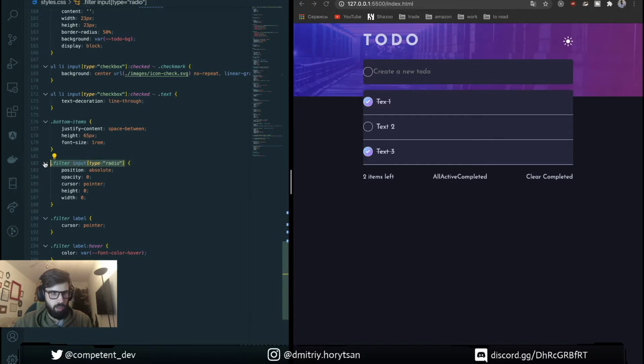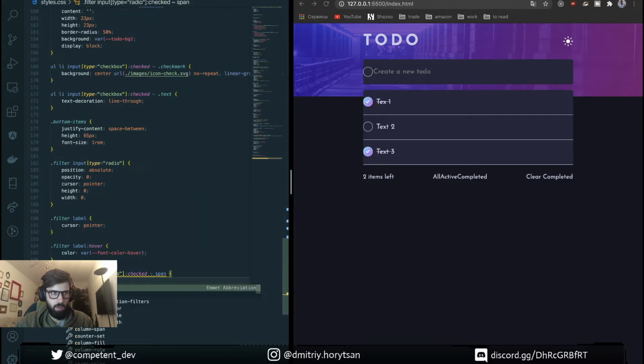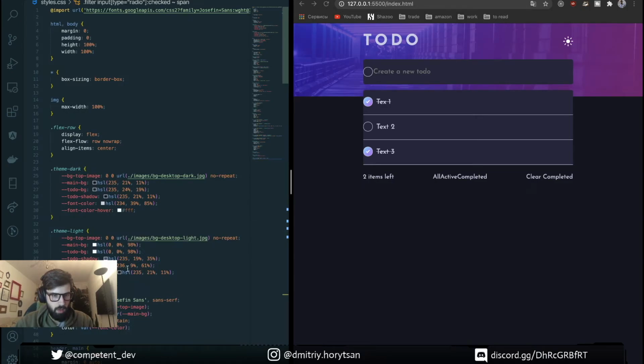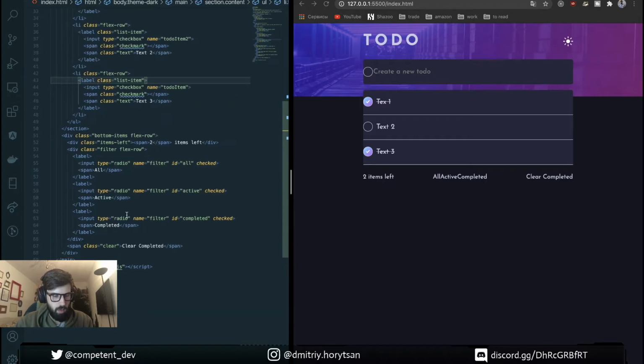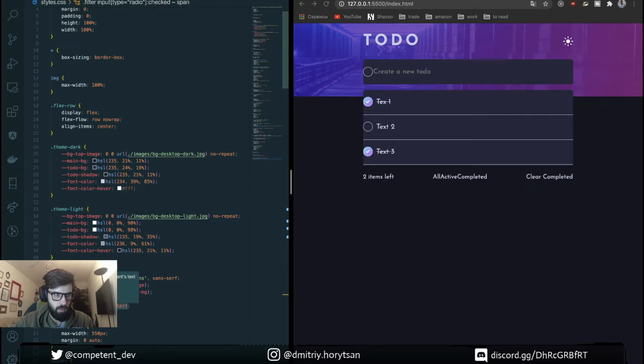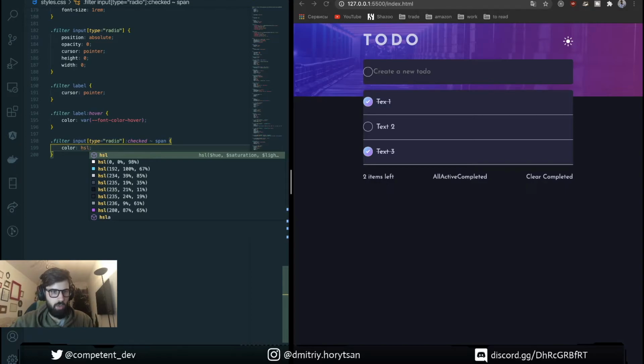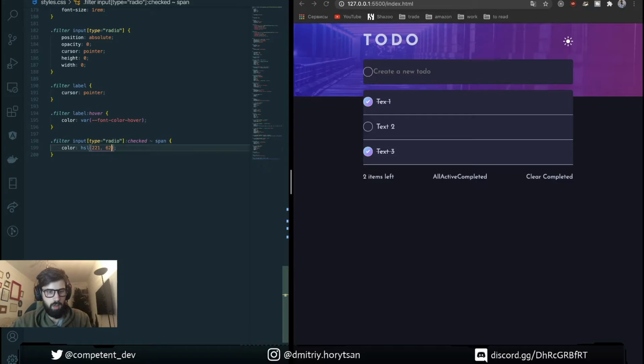If this checked, we style span to the same font for both dark and light. Okay, seems good.